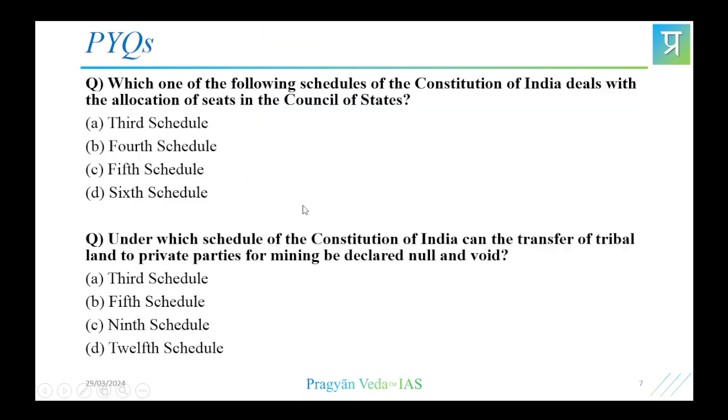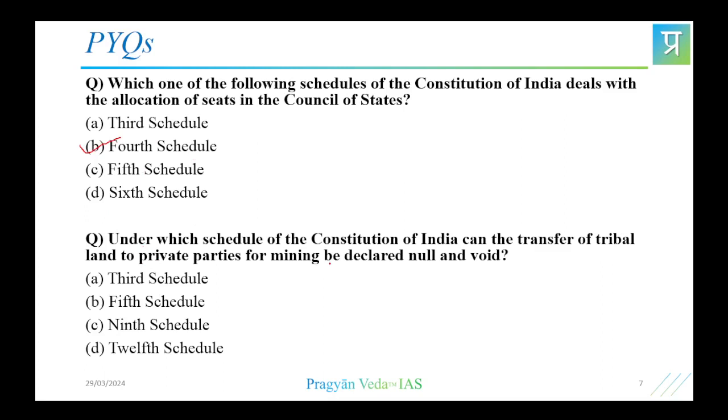Yeah. Now we will solve some previous year questions to get hold. Generally questions come directly only. We have seen certain provision is there under which schedule, like that. So we'll take the first question here. Which of the following schedules of the Constitution of India deals with the allocation of seats in the Council of States? Right? If you remember, what is the answer? I think the fourth schedule, right? Nomination of members by the President of India. The option B, right? We have the fourth schedule, direct question and direct answer.